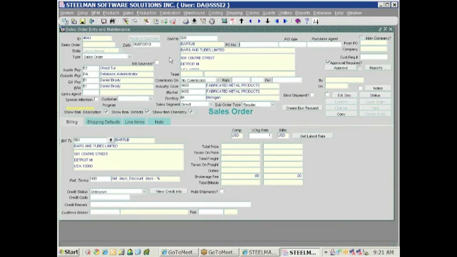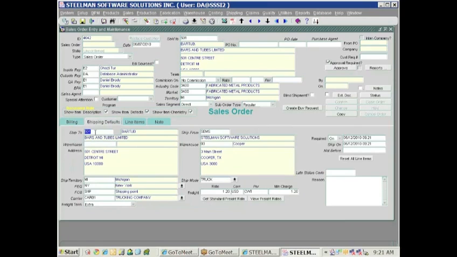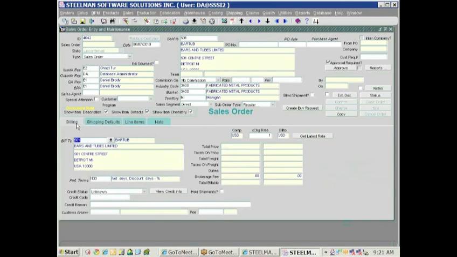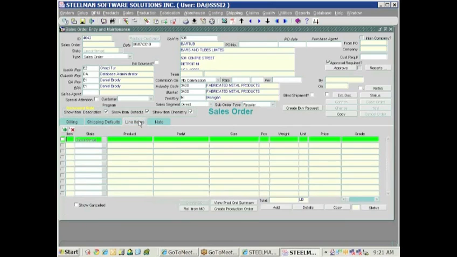In general, everywhere you have a word in italic, it means there is a list of values. So right now I put in the customer, it brought in the bill to, so you have a sold to, a bill to, and a ship to. They can all be the same or all different, depending on your customer structure. You could be selling to one person, shipping to another place, and billing somebody else. So for now, there isn't really much at the top except sales order number, the customer PO number,